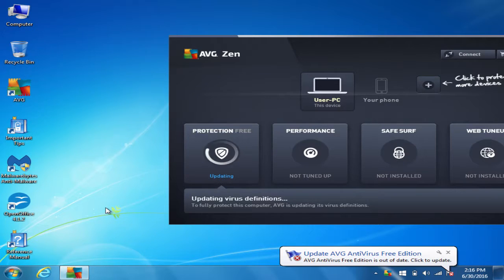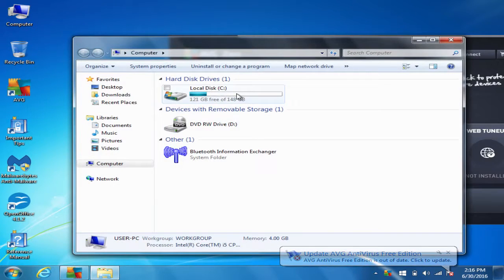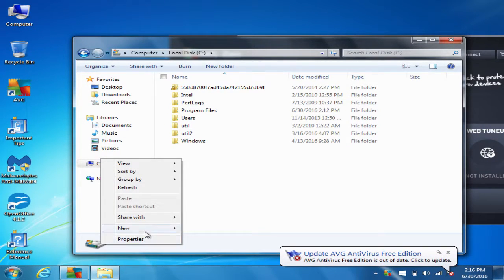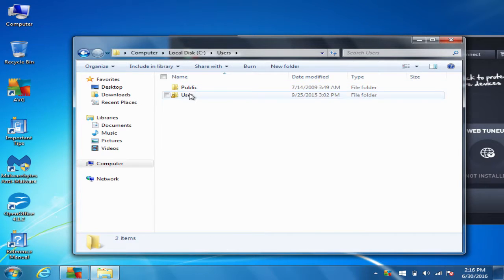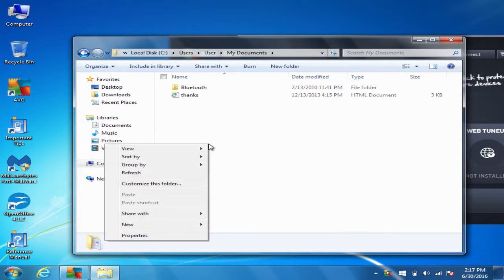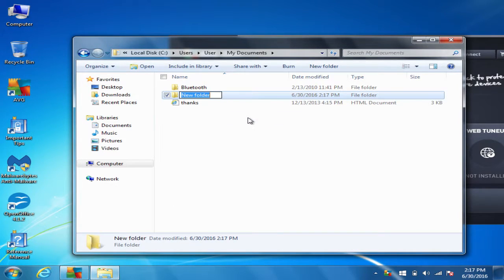So say you have a host of files that you want to show up on the desktop. I would make a separate folder under the C drive, or even directly under your user file, and then just make a shortcut to your desktop. So for example, I'm going to make a folder here called desktop documents.